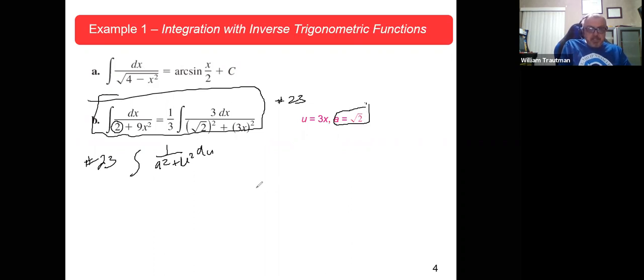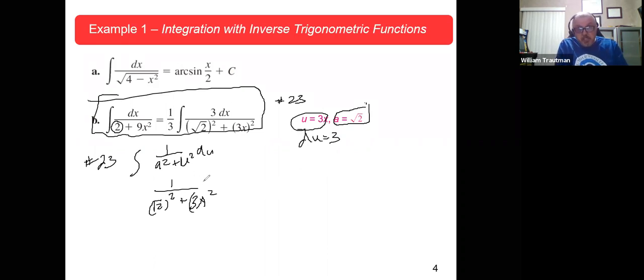So this is 1 over the square root of 2 squared, which is 2, plus u squared, where u is 3x. 3 squared is 9x squared, so there's u. So the derivative of u then is just 3. Do you see? The derivative of u is 3. And if I put a 3 in the du spot,